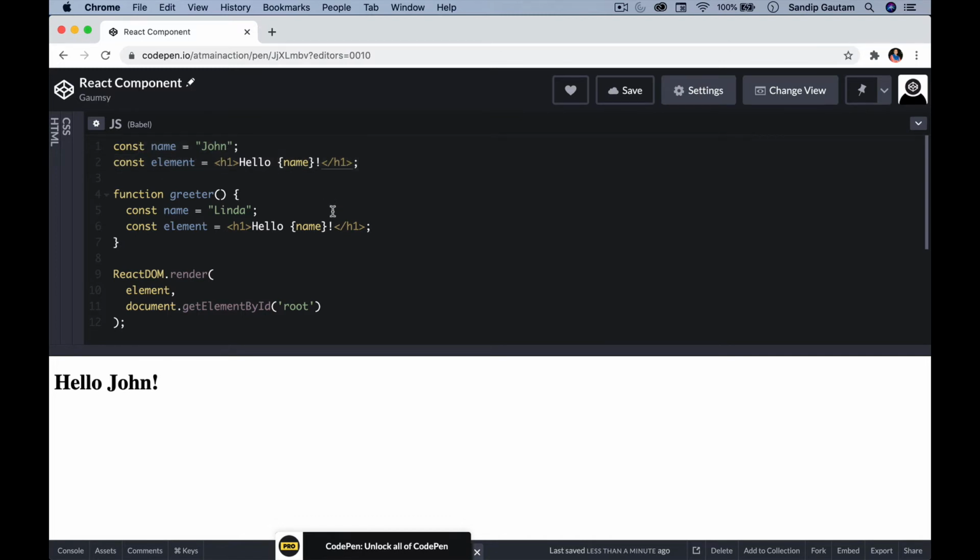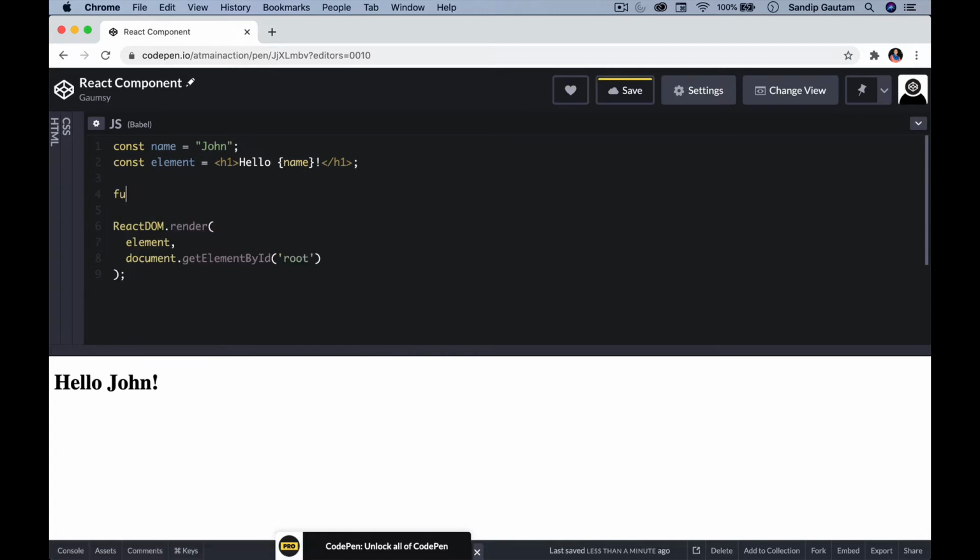I'm going to use a similar example and we're going to use this element, and later we will see how we can pass this name as an attribute to that particular component and get it rendered here. So let's start and let's convert this JSX into a component. I'm going to start from scratch. To create a component in React, you just need to write